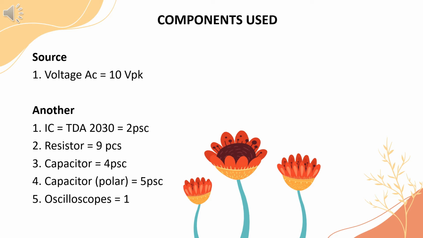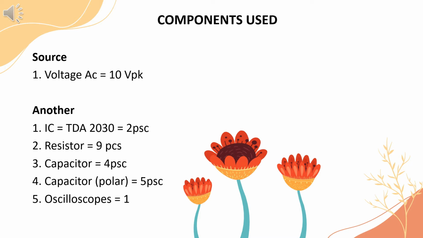Last but not least, these are the components that I use for this circuit. Okay, first the source. I use voltage AC at 10 V peak. Other components, there is IC TDA